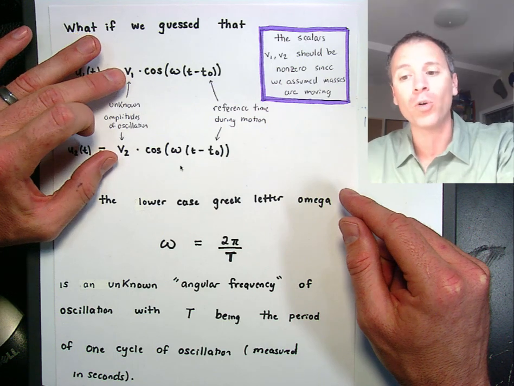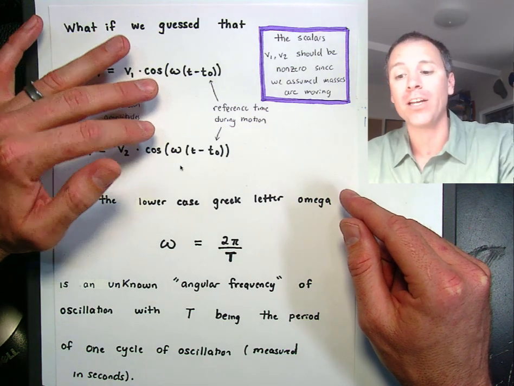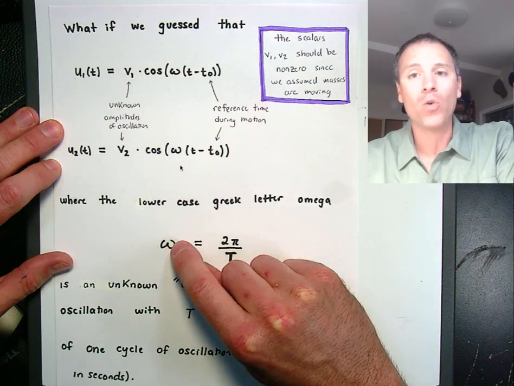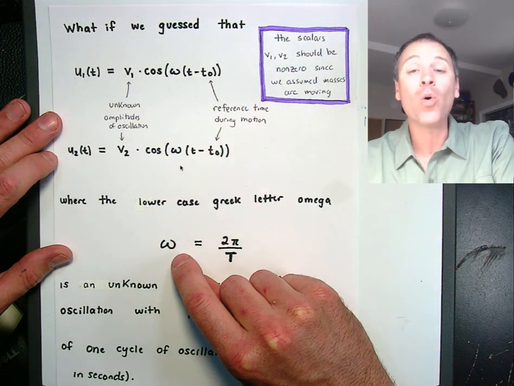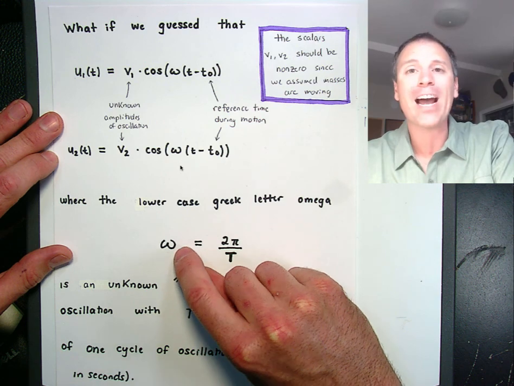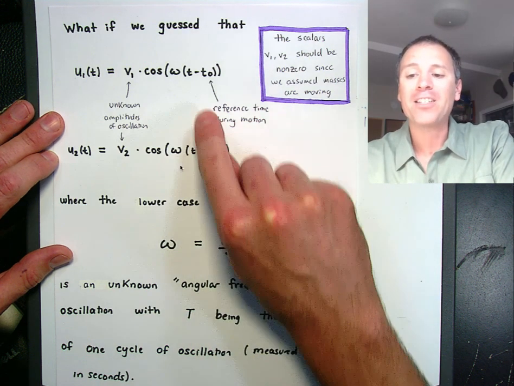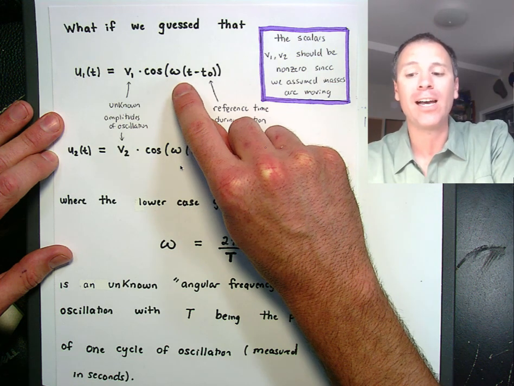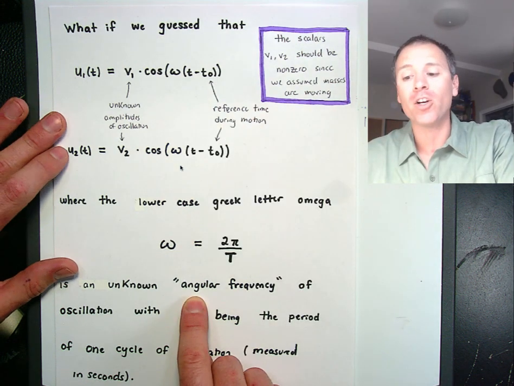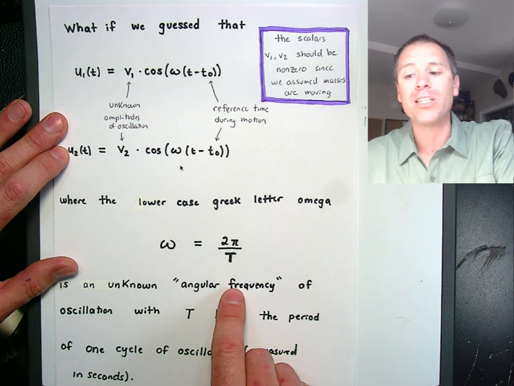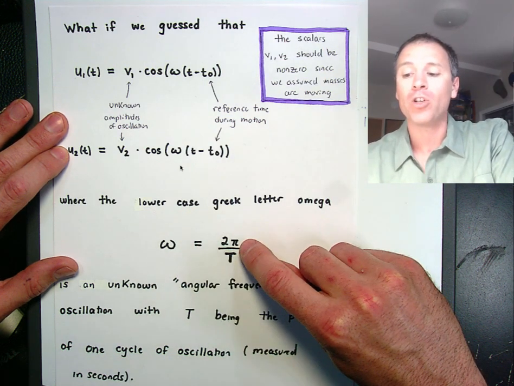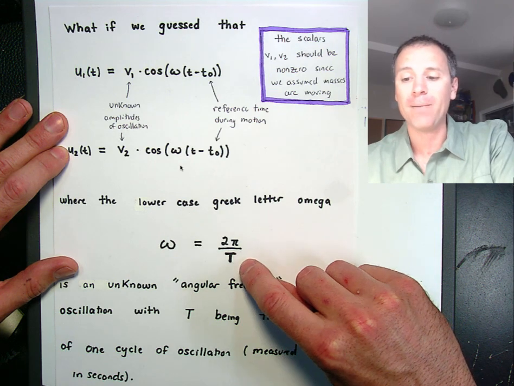some scalar multiple times the same cosine curve. The scalar omega, it's not a W, it's kind of a curly w. That's a lowercase Greek letter. We read that out loud as omega. That's going to tell me how my cosine curve changes in time, and for those of you engineers, we call that the angular frequency. Notice that if I thought about the angular frequency as 2 pi divided by T,